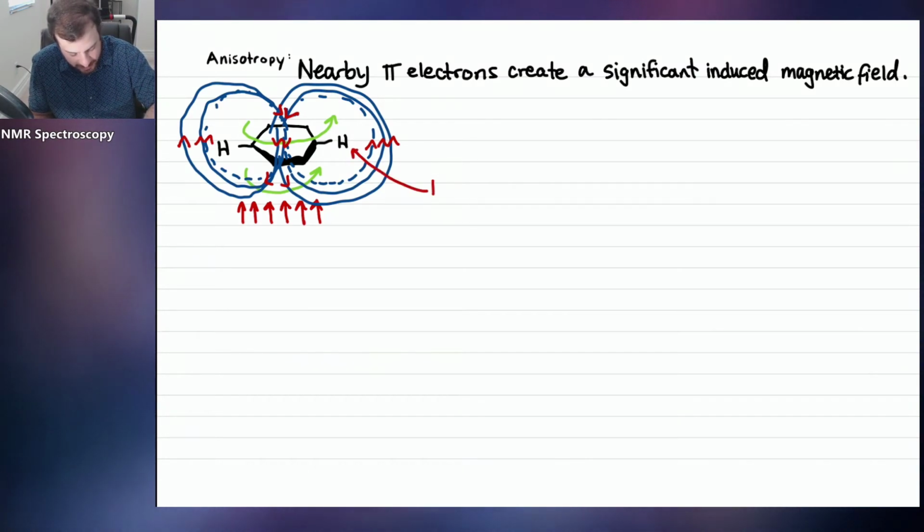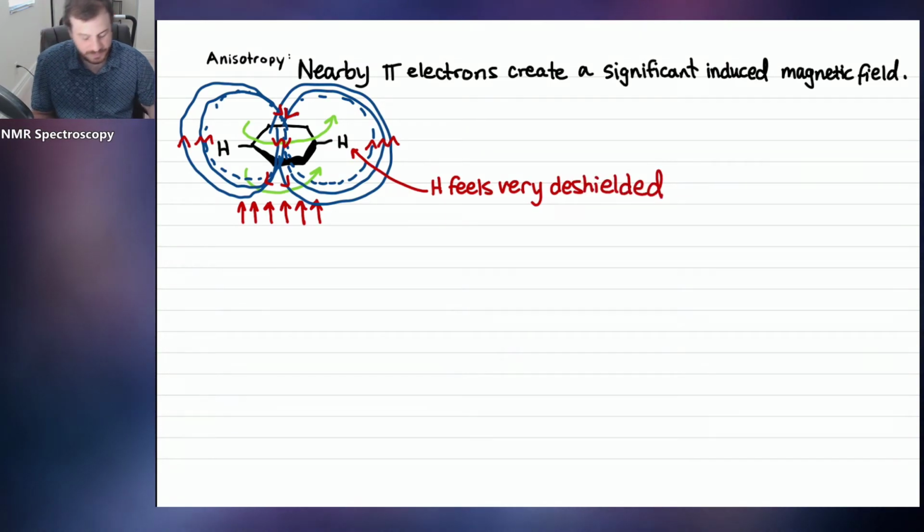So this H, because of its position relative to the pi bonds, it's getting a double dose of a magnetic field, one from the magnet and one from the molecule itself. It's got the applied magnetic field B0 plus the induced magnetic field BI. So the applied and the induced. So the result of this, I mean, you're never going to have to draw a picture like this or anything. All you have to remember is that the result is